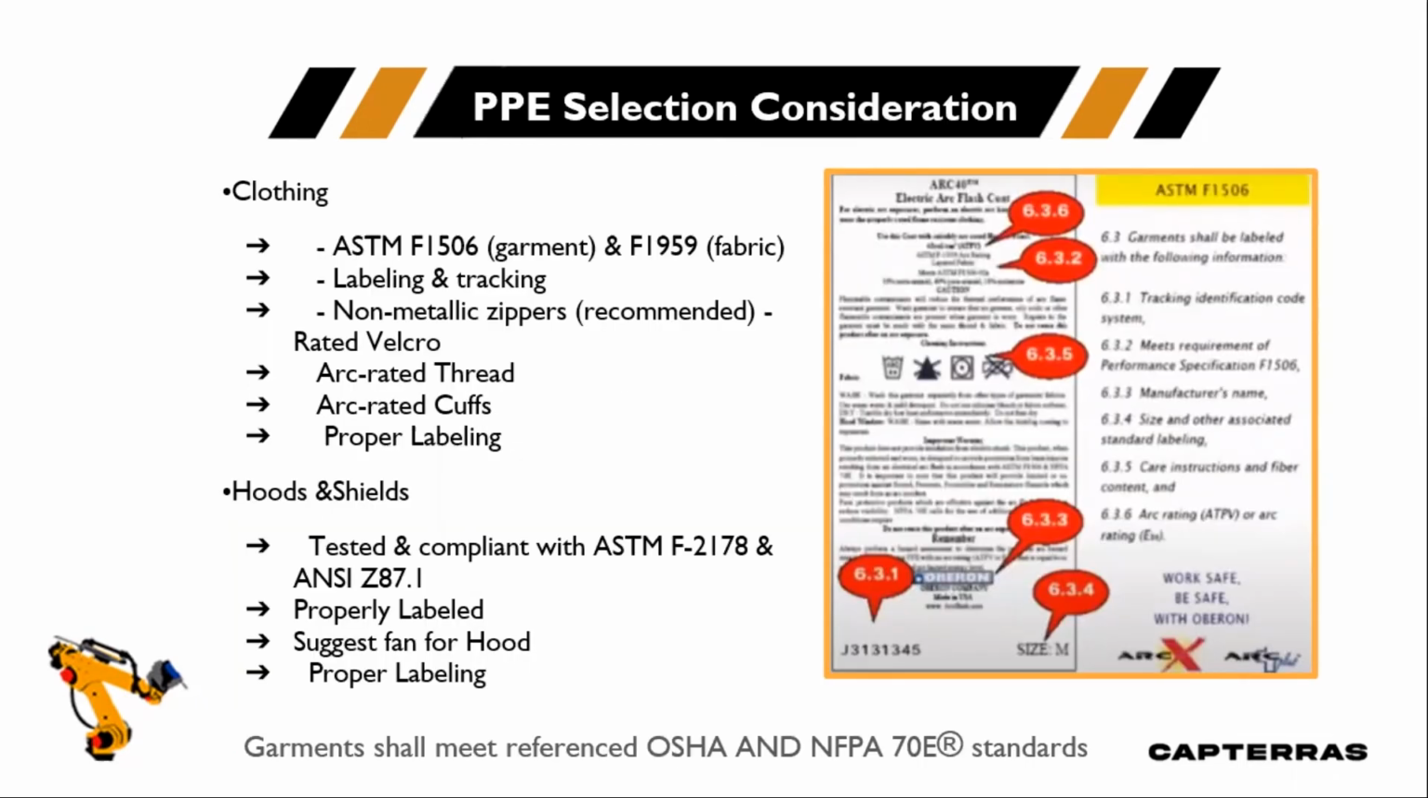Now we are going to talk about PPE selection considerations for clothing, hoods, and shields. For clothing, this should meet the ASTM F1506 garment and F1959 fabric. It has to be labeled and tracked. The clothing must not have metallic zippers. It's better to use arc-rated Velcro. Clothing needs to be made with arc-rated thread, arc-rated cuffs, and must have a proper label. Hoods and shields: